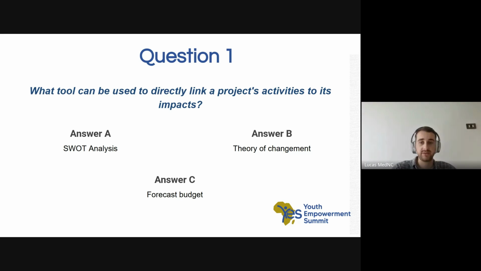A, B, B, B. Okay, most answers are B, I think, which was the right answer. So theory of change. The theory of change is the only tool that can, as I said, see the complete scheme of everything. So the activities, the results, and the impact.